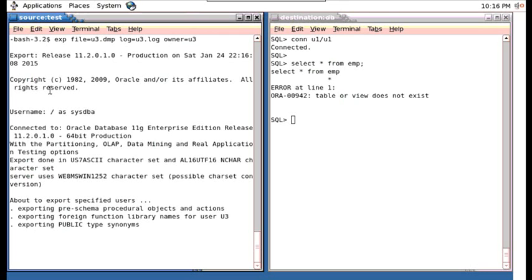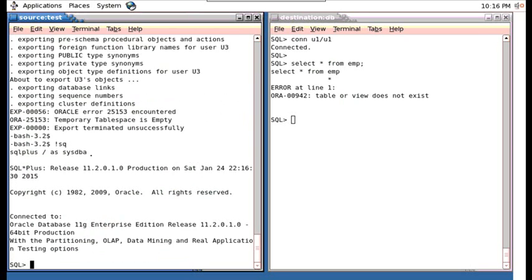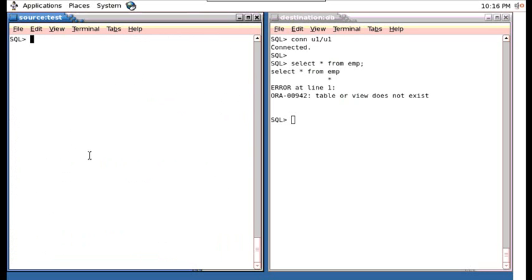It is showing an error that the temporary tablespace is empty. Export terminated unsuccessfully. Whenever you get this error, what should we do? Temporary tablespace is empty. To the temporary tablespace, add a data file, add a temp file. Alter tablespace temp, add tempfile,